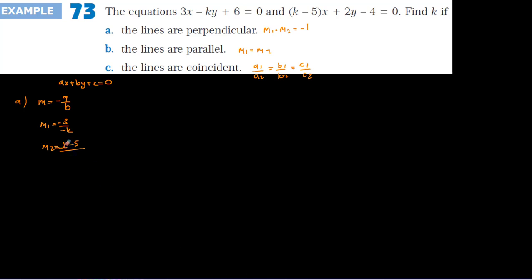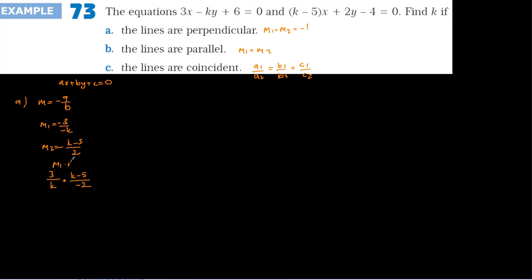I should put a fraction because the minus is not only for the K minus 5, so K minus 5 over 2 it should be. So if they are equal to each other, and we are going to simplify this one, 3 over K it should be equal to K minus 5 over minus 2, times,